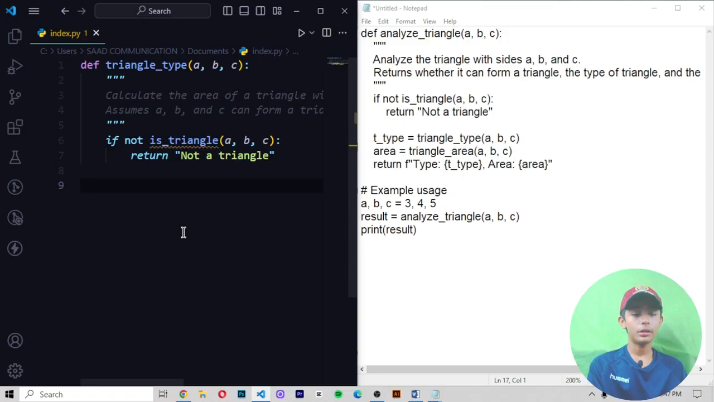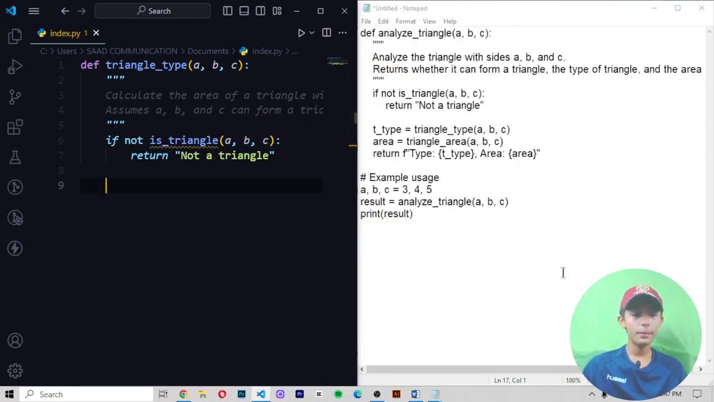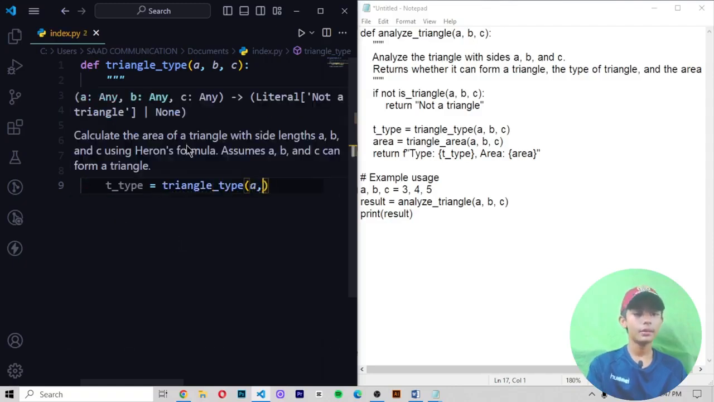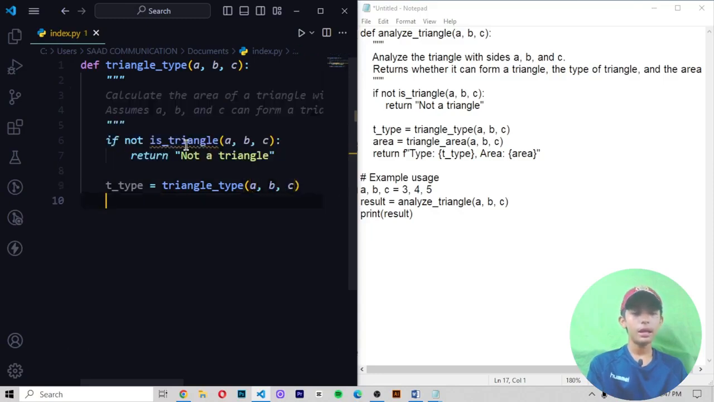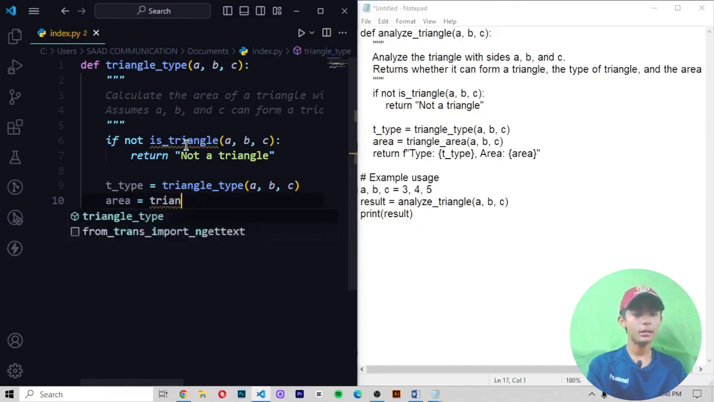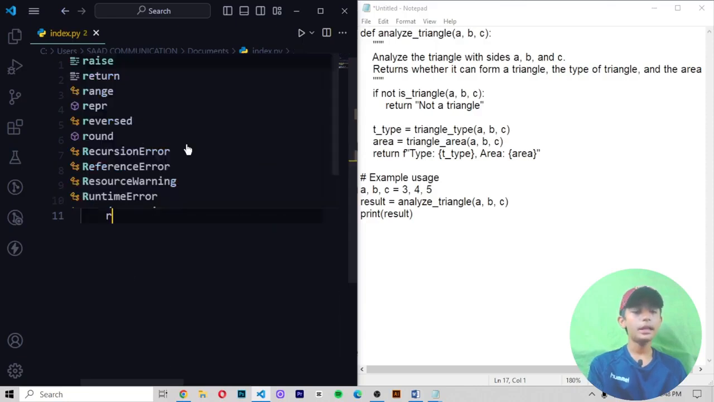then enter, then here we write t_type equals triangle type, and then A, B, then C, and then area equals triangle area, so it will be A, B, then C, and here I am writing return,